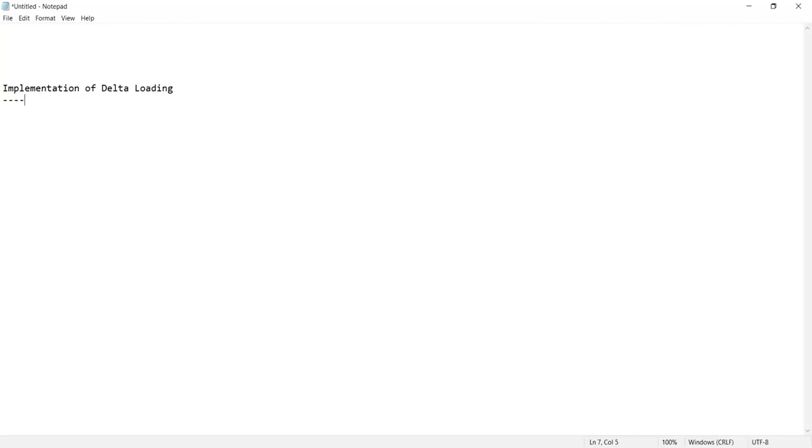Okay. This is a very important topic, guys. Implementation of delta loading. So before we move ahead and see what is a delta loading,